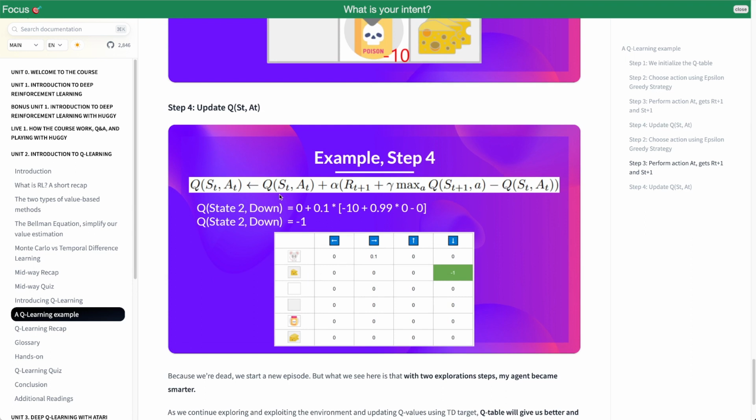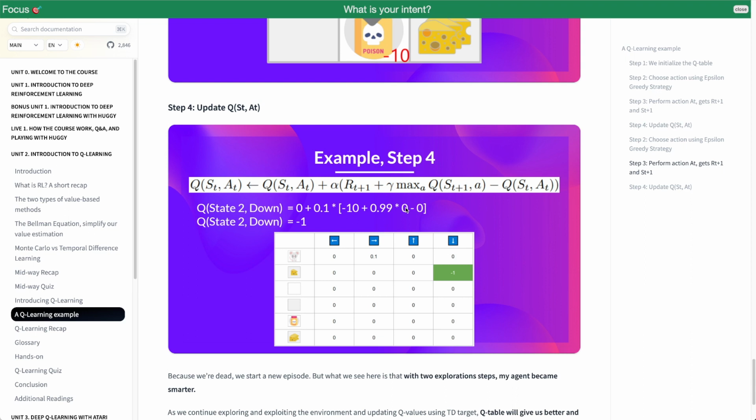Well, to go down, it means the value at this state in the past was 0, and at this cheese state plus this learning rate times the reward, which is -10, plus the discount factor times the next state, which was -1. It was 0,